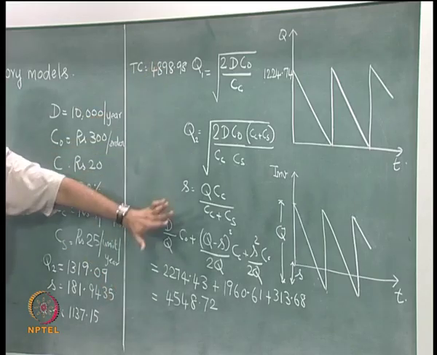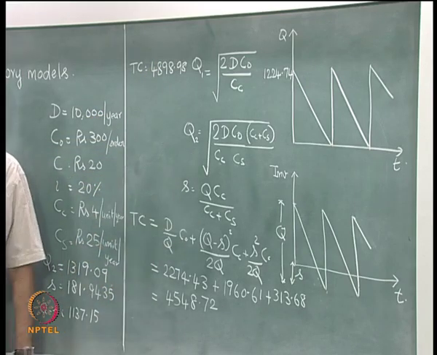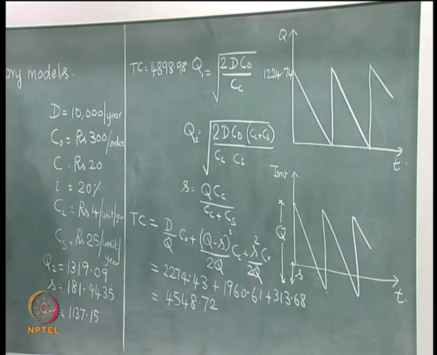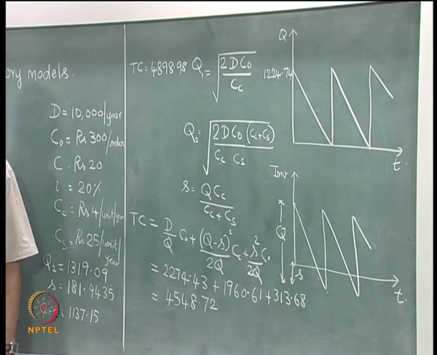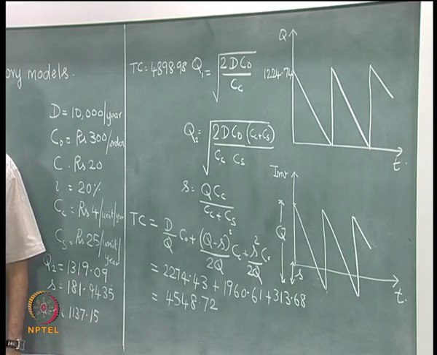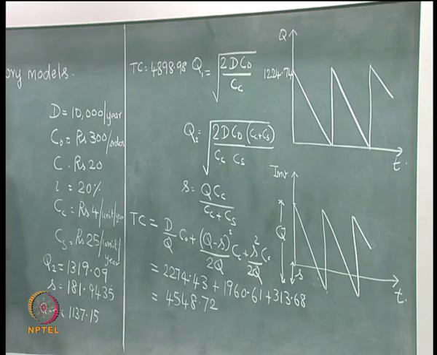The second model is very important. The second model has to be used very carefully, and unless we are sure of the assumptions of the second model, it is always good to go back to a situation where backorder is not allowed, at least during the planning stage. So that is the reason why we look at two types of inventory models, particularly for bought out items. We will now look at another aspect of it,